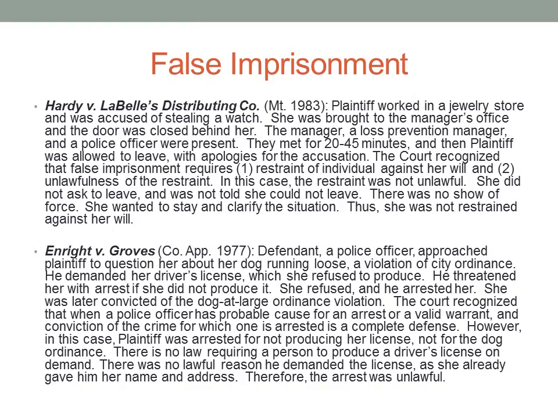And then we have the Enright versus Groves case. This is a case where there was a dog running free in this Colorado town. The officer saw the dog. There was a violation that you have to have your dog on a leash. He saw the dog running loose. He saw it run up to the house where it lived, and there was a little boy outside. He told the little boy to put the dog away and asked for his mom. The little boy pointed to a car at the curb where the mom was sitting.